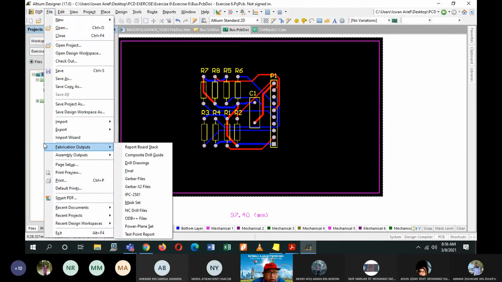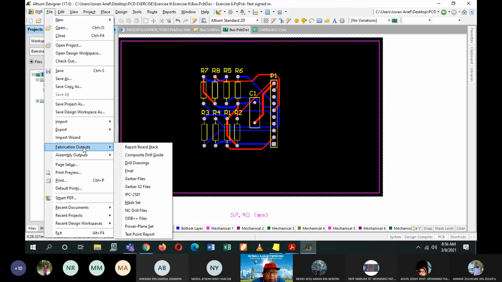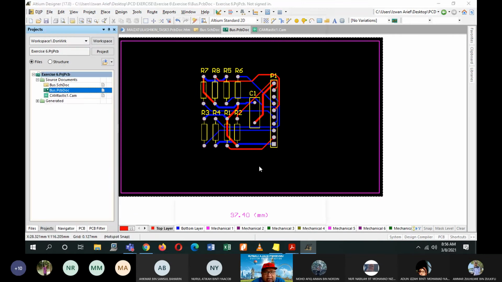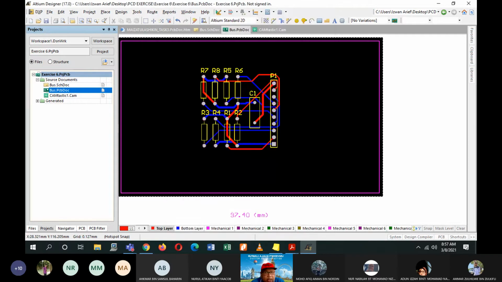Make sure you click on your PCB lah. Files, fabrication output, and then NC drill files. This is for the drilling part. Okay, so millimeter same. We are using the same units, format 4:2 for 0.01 millimeter. And then the rest, just let them be. Click on OK.